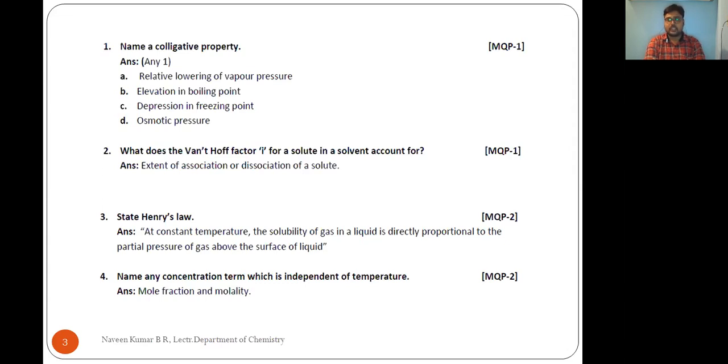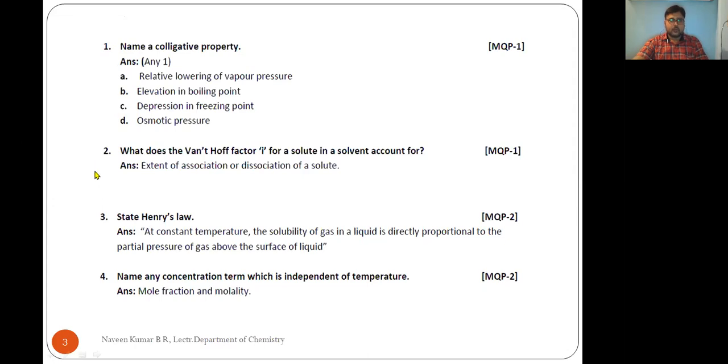So when you are understanding the question, we know that colligative properties are those which depend only on the number of solute particles present, but not on the nature of the solute particles. Irrespective of its nature, only on the number of solute particles, the colligative properties, that is these 4 colligative properties, remember, is a main understanding of colligative properties. So give importance to remember, as a question is name a colligative property, any one you can specify. So that is the first question from the model paper 1.